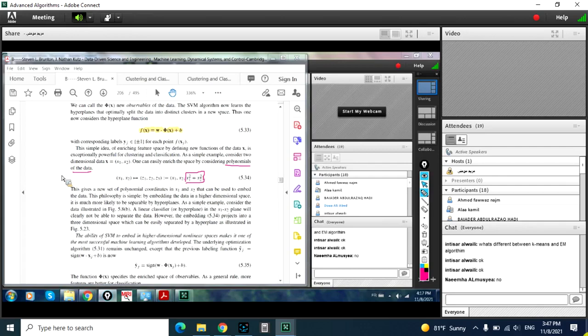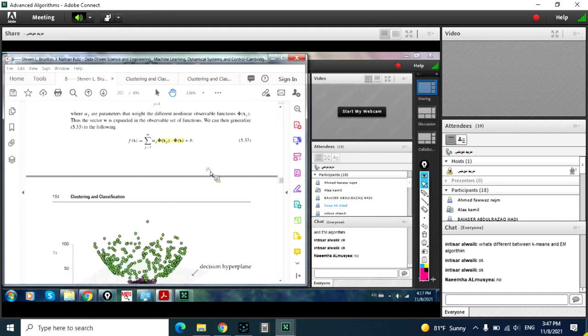Okay, and then after that, according to the classifier and to the margin, you can classify these new data. Okay,